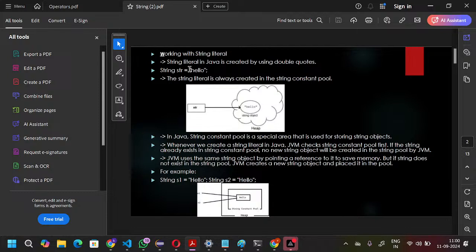If you see here, this is the heap memory. The literal approach is normally assigning a value to a variable. With the literal approach, the string variable will be stored in the constant pool area, which is available in the heap memory. Okay, and the next thing is, whenever you are creating the string, if you see here,